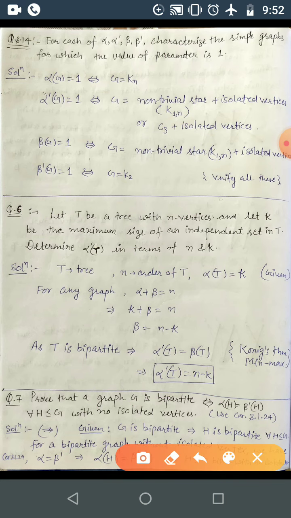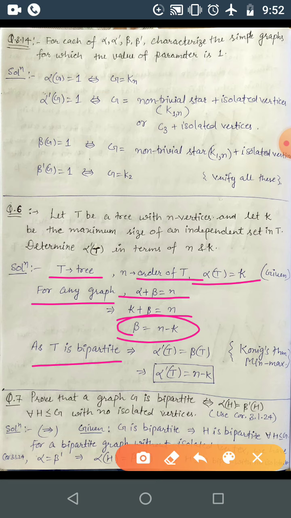Here I explained T is a tree, and in the order of the tree, alpha T is given. For any graph we have alpha plus beta is equal to n. So alpha is given as k, so beta is equal to n minus k. So as T is bipartite, then by using Koning's theorem, or you can just say minimum maximum theorem,